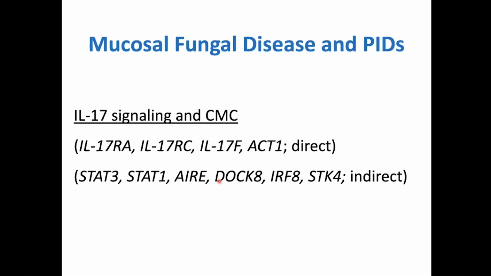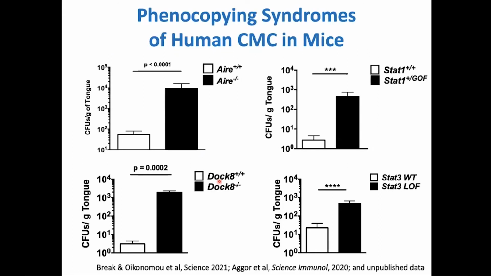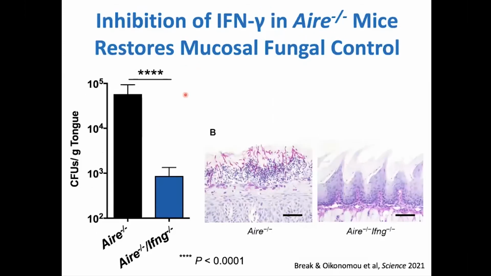What we've done over the last years in my lab is to phenocopy some of those diseases indirect to IL-17 deficiency in mice with AIRE deficiency, STAT1 gain of function, DOCK8 deficiency, and Job's. We've come to realize that many of those have IL-17 deficiency as the exclusive factor, such as those I'm showing here, and some others that have no IL-17 deficiency or not that being the primary driver. So I'm going to end with a slide about AIRE deficiency, the largest cohort of which we follow here at NIH, as I'll show, we'll have in the next talk,